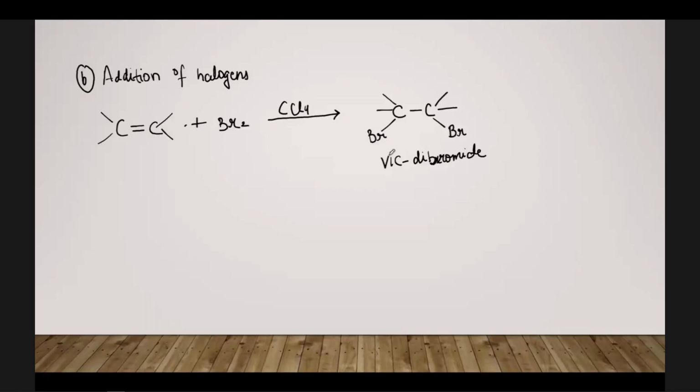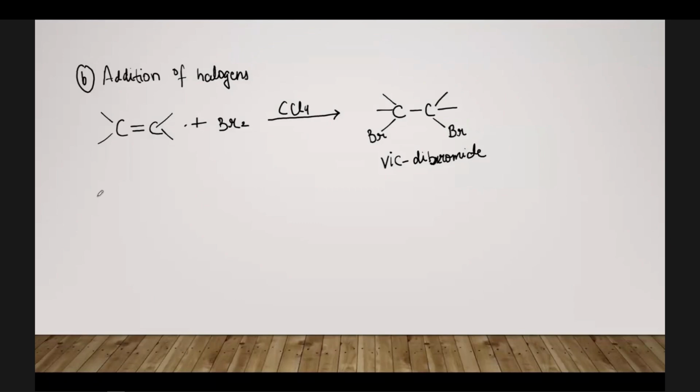Now the importance of this reaction is that this is a very famous laboratory test that is used for the detection of the double bonds in the organic compounds. I mean, we did certain laboratory tests in 11th and 12th. You must have also done it in your school laboratories. So what we do is, when we dissolve this bromine in CCl4, we get a solution which is reddish brown.